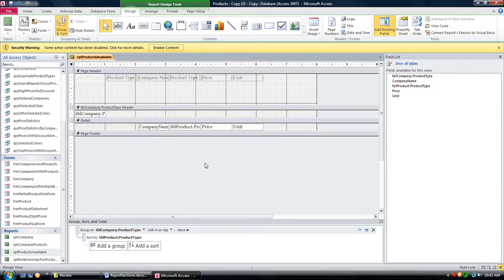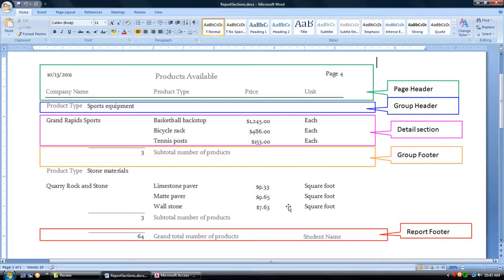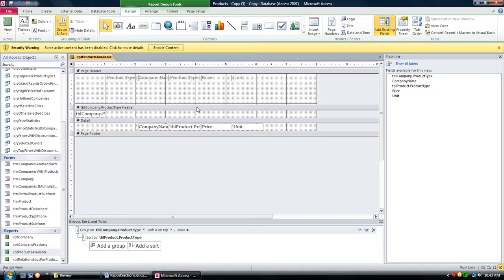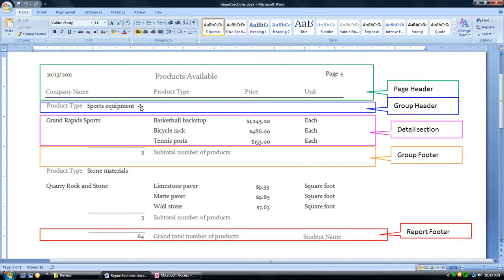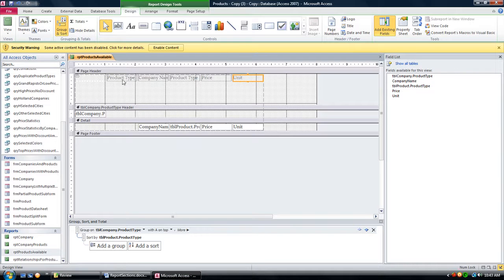Okay? And another thing, I'll look at our snapshot again. We have company name, product type, price, and unit spaced more or less evenly apart. So let's see if we can get that together here. Product type, company name, product type, price, unit. So it looks like we have an extra product type in there. So why don't we